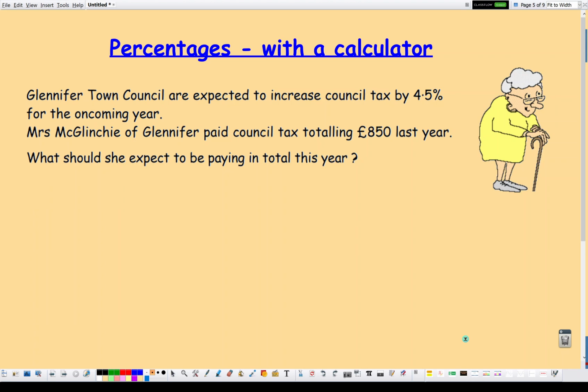What is it? So, was it £850 last year, increased by 4.5%? So, what would she pay in total this year? So, what did you get, please? Right, you're all giving me the same answer, which is great, 888.25. I'm going to assume that's the correct number. Okay, I can't obviously see your working, but here's